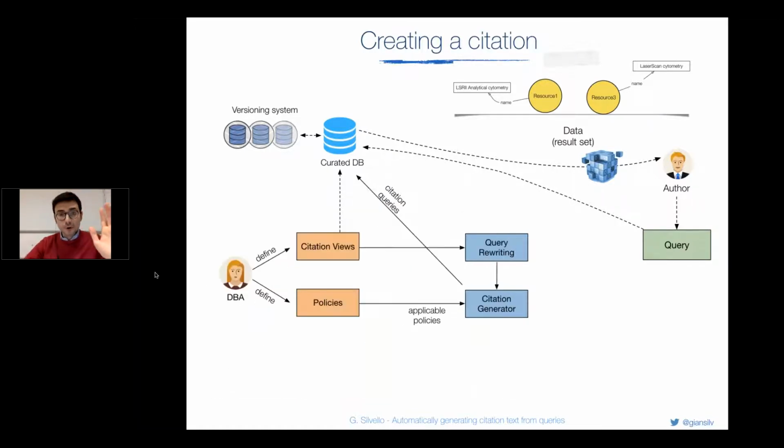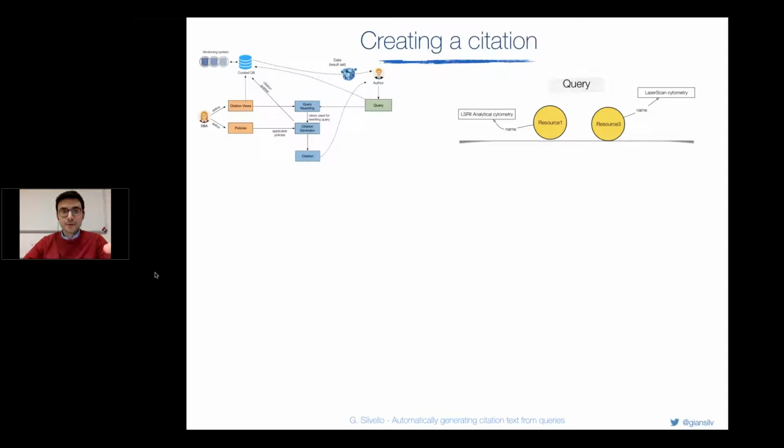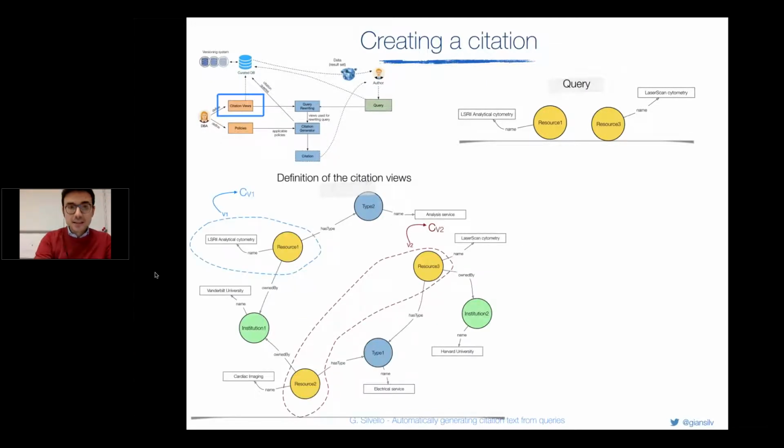At this point, the author wants a citation for this result set and for his general query, right? So we take our data set, and now the data set is annotated with some views. The sets with the dashed lines that you see are defined by the DBA offline.